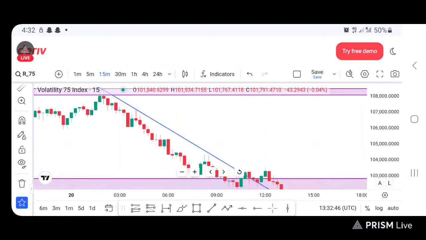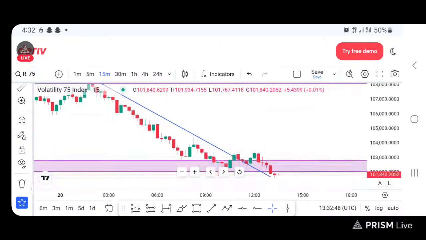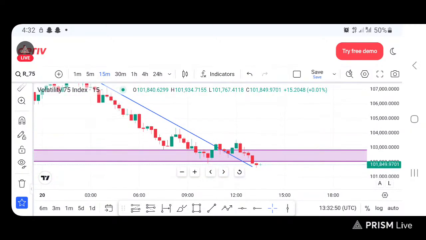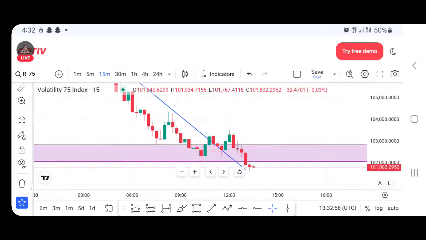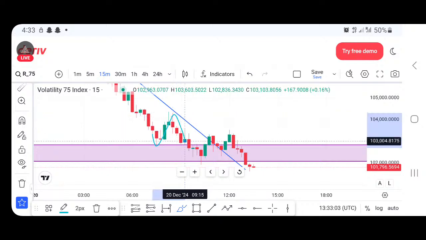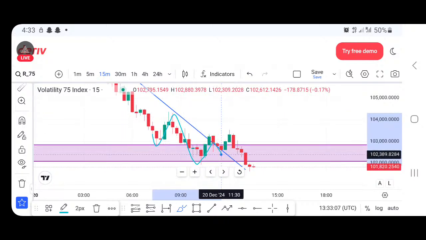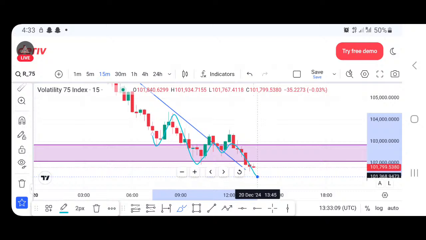Do you see how I have drawn that? That is what we want to see. Now we try to find the last low here. This was a low, this was a high, this is a low. Are you getting the point? We made a little high here and then we continued down. So where was our last low? Here we have an inner low, but here we have our big